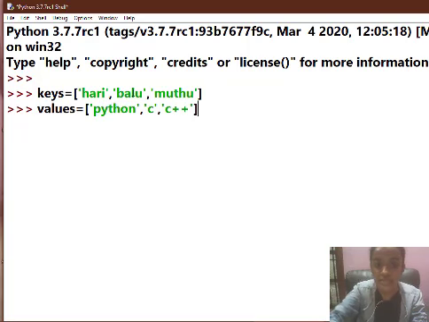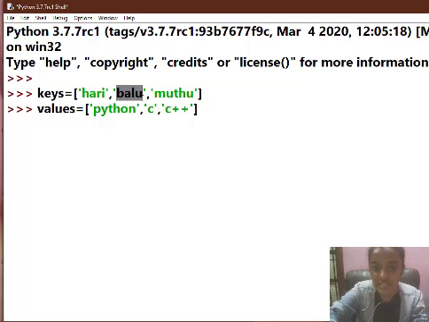So our keys and values for our dictionary are already ready here, because in our list number 1 we have keys like Hari, Balu and Muthu, and in our list number 2 we have values for the keys, which is Python, C and C++. Which means for the key Hari we have assigned a value which is Python, which means Hari loves learning Python or something like that.